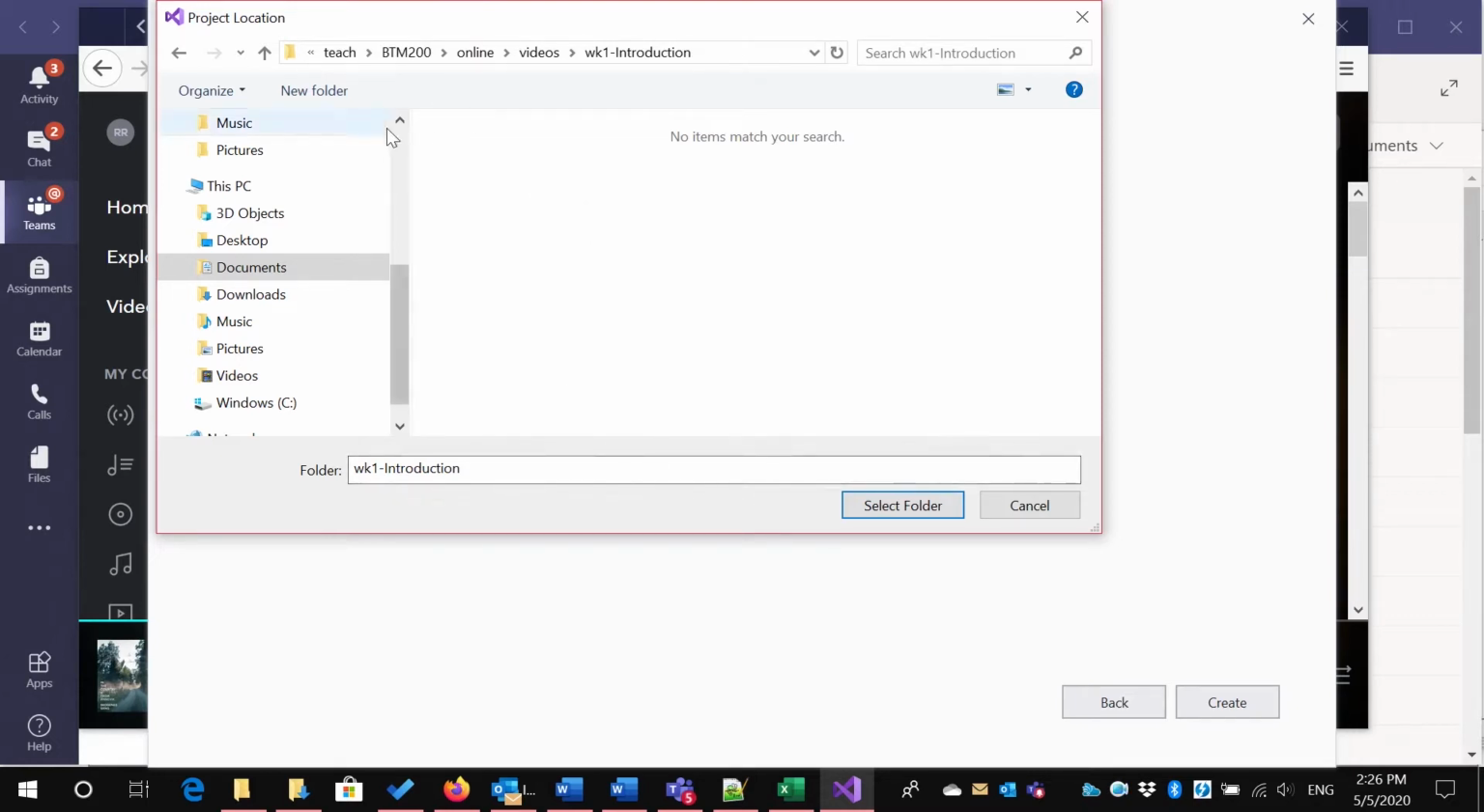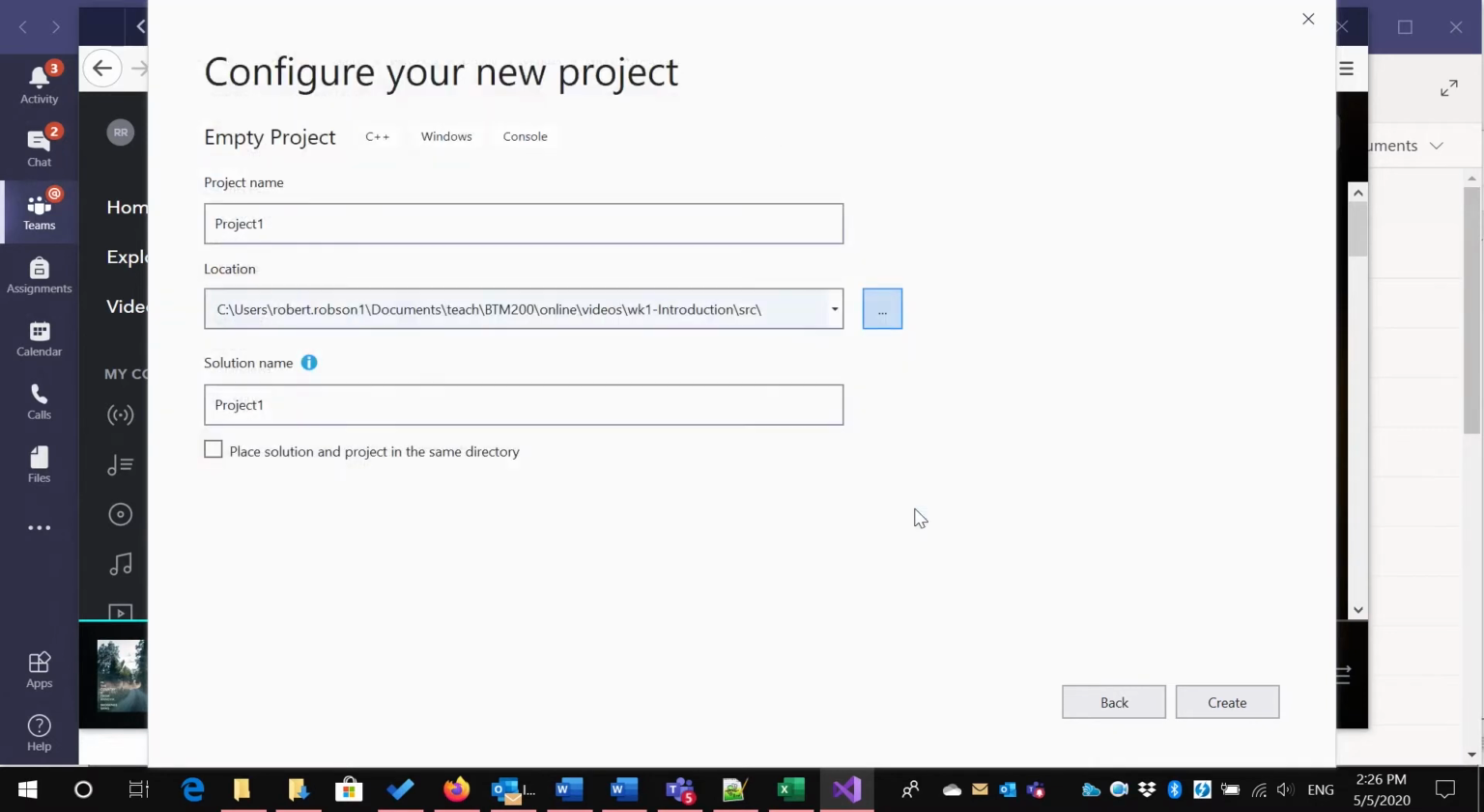And what I'm going to do is I'm going to create a new subdirectory or folder, and I'm going to call this SRC for source. I'm going to click that, and now it'll store whatever I create in that directory. And I'm going to call this variables, because I'm going to explain what a variable is and how to start using it. Okay, so I'll say create,